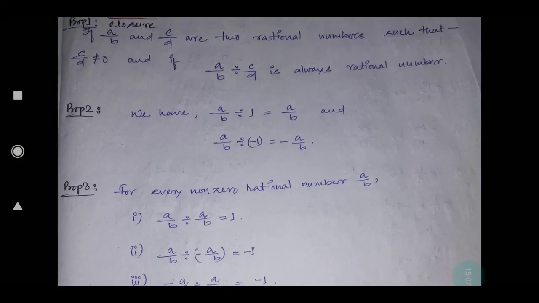In the case of addition, we have got properties. In the case of subtraction also we have got. In the case of multiplication also you have got some properties, and in the case of division also we have got some properties. You have to go through these properties very clearly, and the property names are also very important for you, because in a question sometimes a 1 mark question may be given like this: write the properties of 0 for multiplication, or write the properties of 1 for multiplication. So how will you write? You have to know the property first, then only you can write. So you have to remember all these properties, and you have to understand them very clearly.